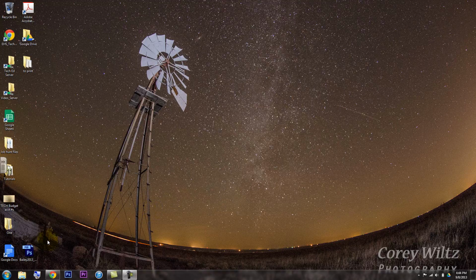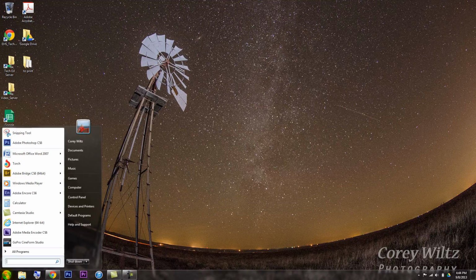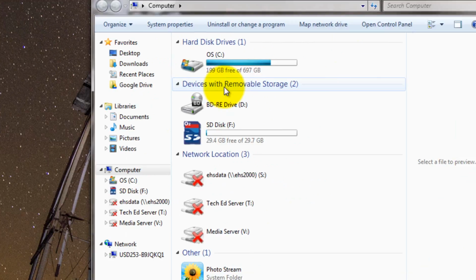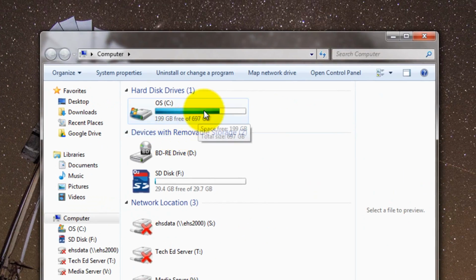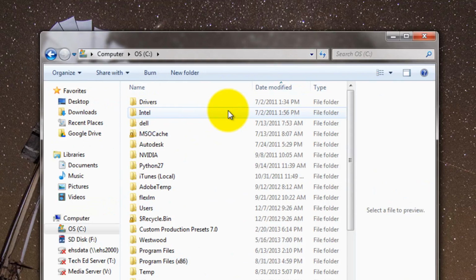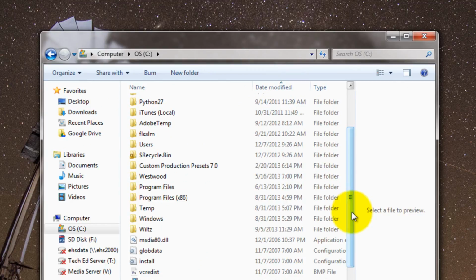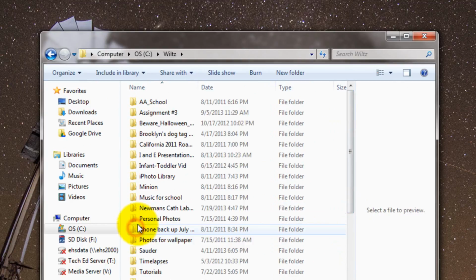First thing is, go ahead obviously and find the location of where you set up your project, which was in a previous video. So in mine, I put mine in the C drive. Yours should be in an F drive or an external hard drive, so make sure you have that. Make sure you're on the right computer, same computer as you had last time, unless you have a hard drive, then you can use whatever computer you want as long as you have that hard drive. Mine's right here in Wilts,